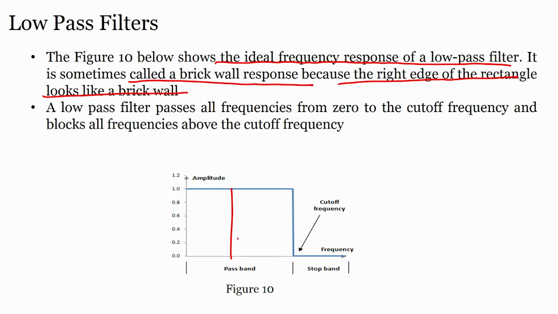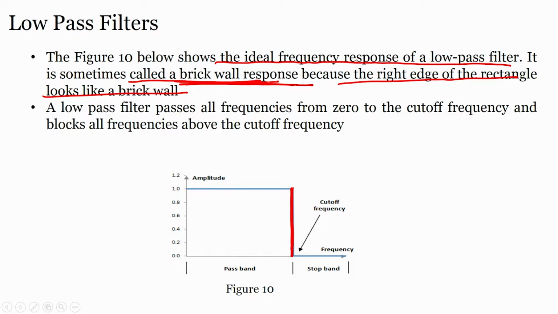So, the point is, if I change the cutoff frequency from here to here, that means the frequency that I am passing from here to here, this pass band will be narrowed down. You see this pass band compared to this band, right. This band is bigger, that means a lot of frequencies can be passed. This is smaller, comparatively the frequency range is less, right. Both are low pass filters. Since this particular response looks like a wall, we also call this a brick wall response,